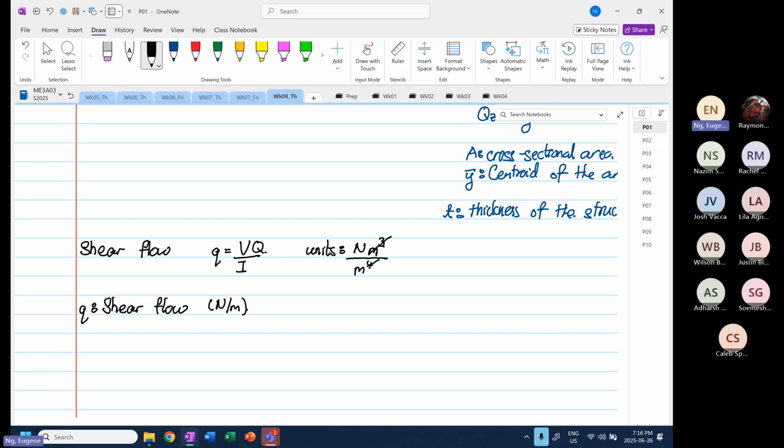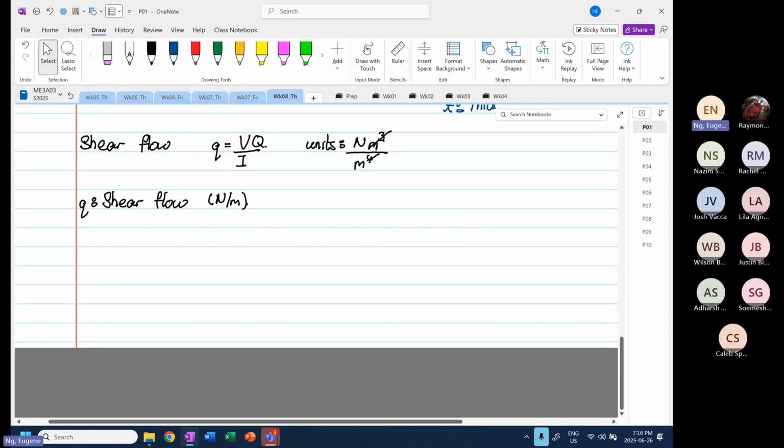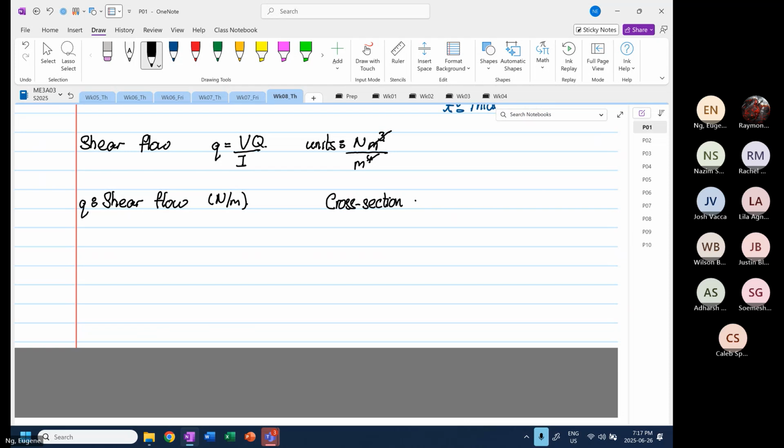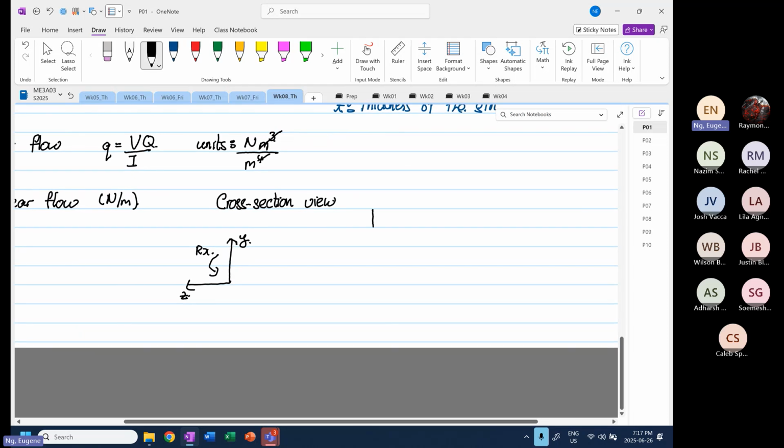per meter. Now, you ask me, Eugene, what is the shear flow physically? So now if we were to look at the cross-sectional view, I'm going to have my transformation now. This is my Y, this is my Z, and then using right-hand rule, rotation about X. So if our cross-sectional view looks like this,